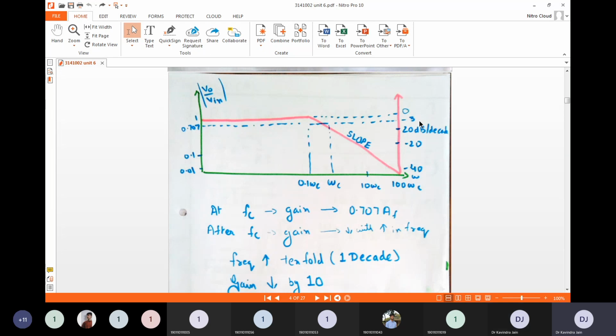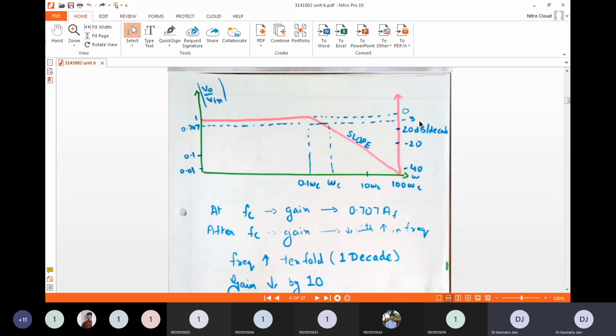Now, this is totally the theoretical part. How are questions asked in the examination, how are these kinds of topics discussed or asked? So guys, what is being asked is that we need to design a first order low pass filter. For designing a first order low pass filter, we must know what steps must be followed.